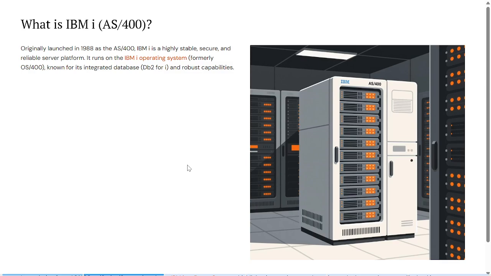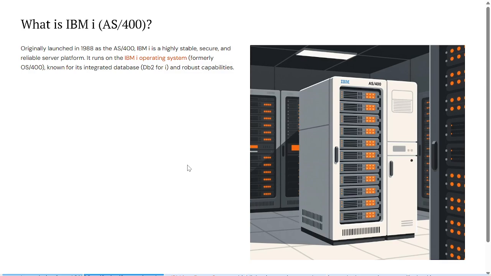So let's start with the basic history, like when it was founded and who founded it. It was actually founded by IBM, a company you all know. It originally launched in 1988 as the AS400 server. Then they changed the server name every 10 to 15 years, like Power Systems, System i, AS400, IBM i. So it runs primarily on the IBM i operating system, also known as OS/400,